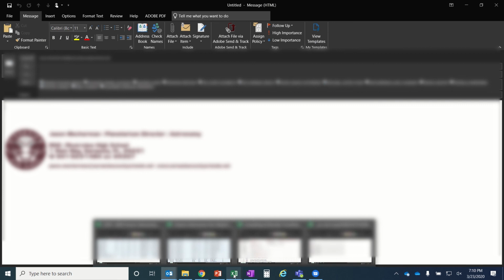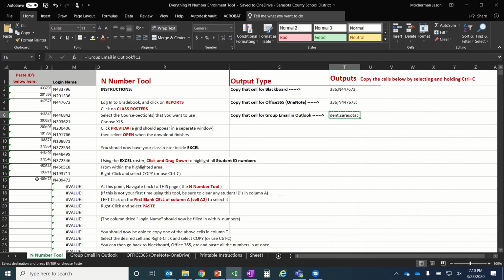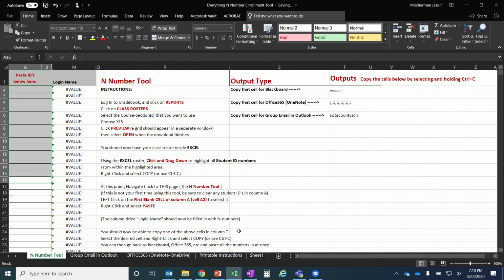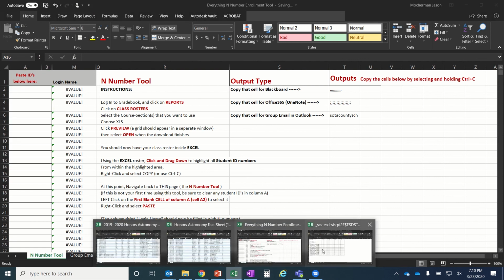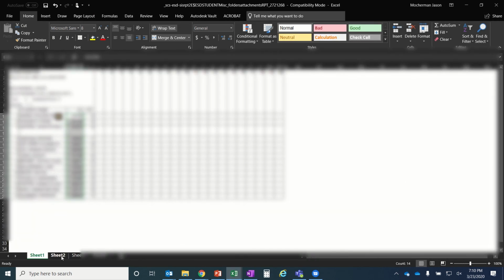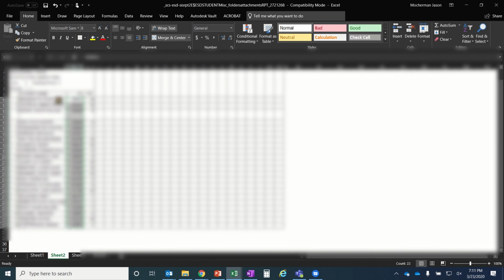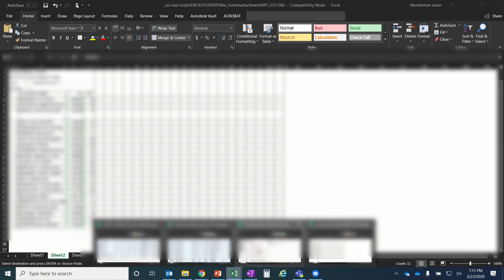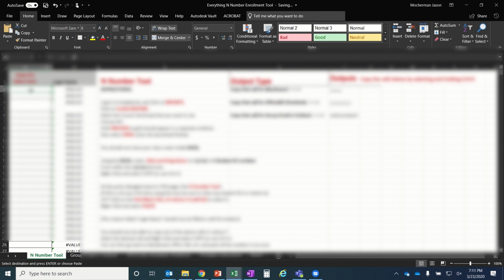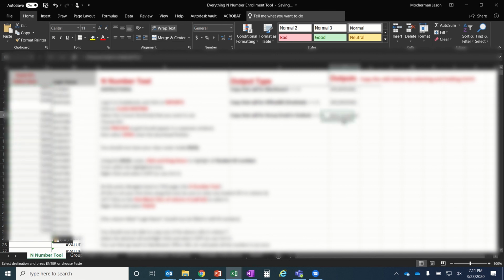If I go back to my Everything Enrollment tool, I delete just this row here. You can see those go back to values. I go back to my roster. I go to sheet number 2. I select the next group of students, copy, go back to my I-numbers, select here, paste. Now I can do this again, Control C,